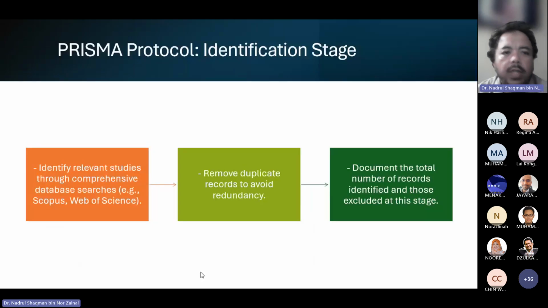So the first, so this in Prisma, when I mentioned earlier about the protocols, these are the protocols that are provided in Prisma. First is the identification stage. The identification stage will ensure a thorough research of all possible sources, capturing a wide range of relevant studies. One of the processes in the identification stage, again, remember the Boolean operators you find out in the